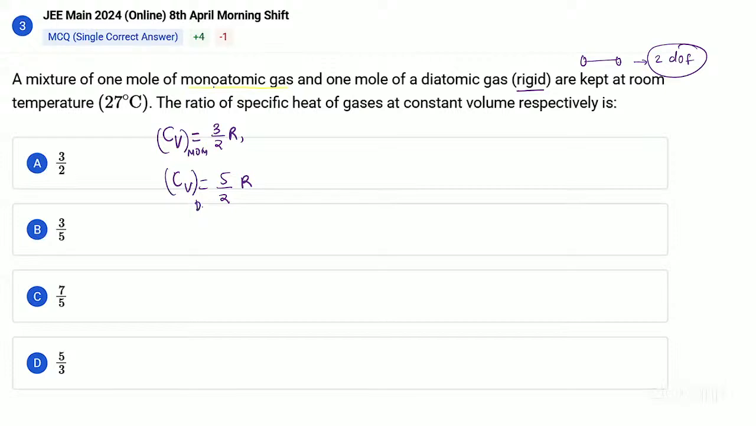Now the ratio is being asked mono to dia. So this will be 3 by 2 multiplied by 2 by 5. 2 and 2 will cancel out. So 3 by 5 is the answer. This is the main question. Okay. Now